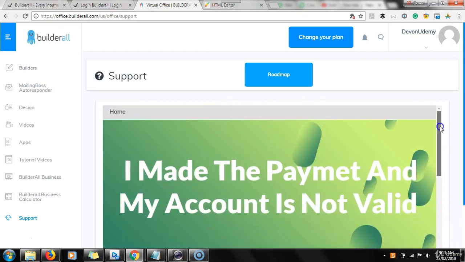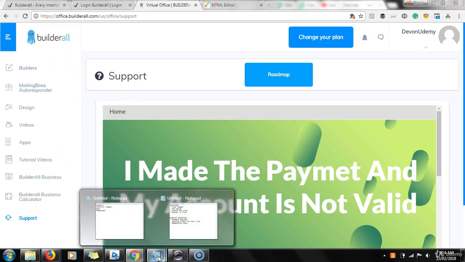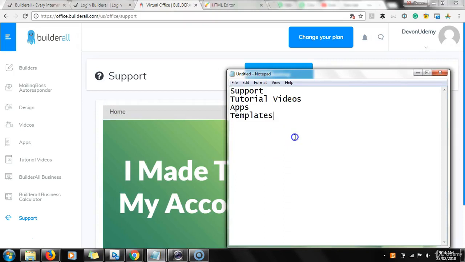Okay. So whatever problem, or if you need to get in contact with the customer service team, that's how you get access to the support. Just click on the support button and click whichever one is relevant to your question or concern, and then they'll get back to you. Let's now go to our checklist, and let's now talk about the tutorial